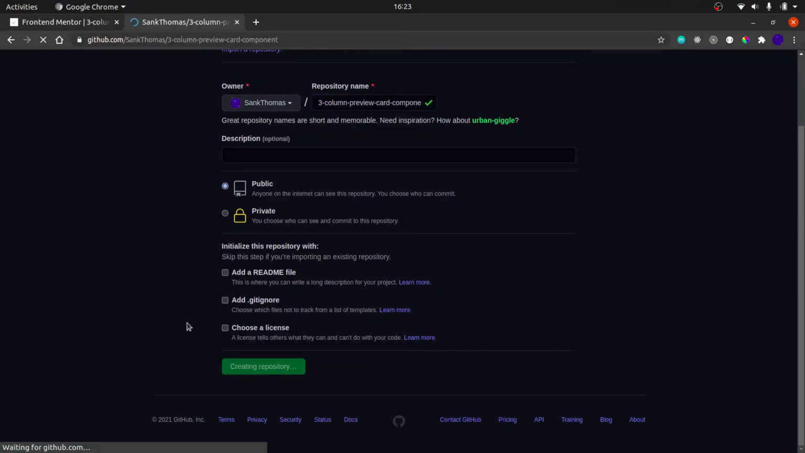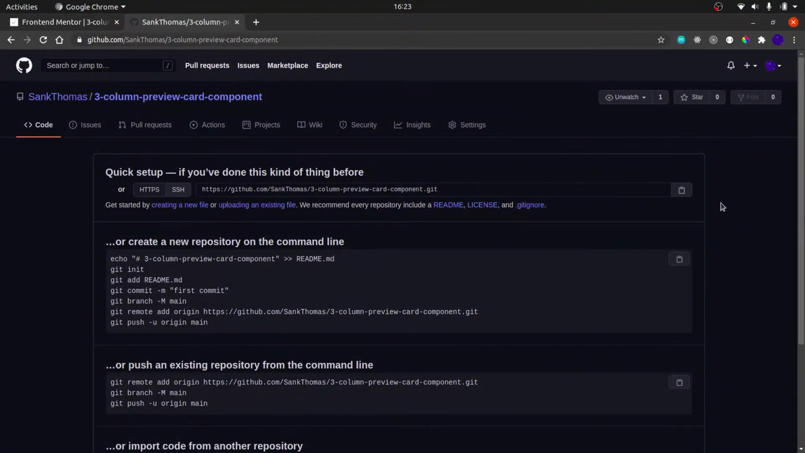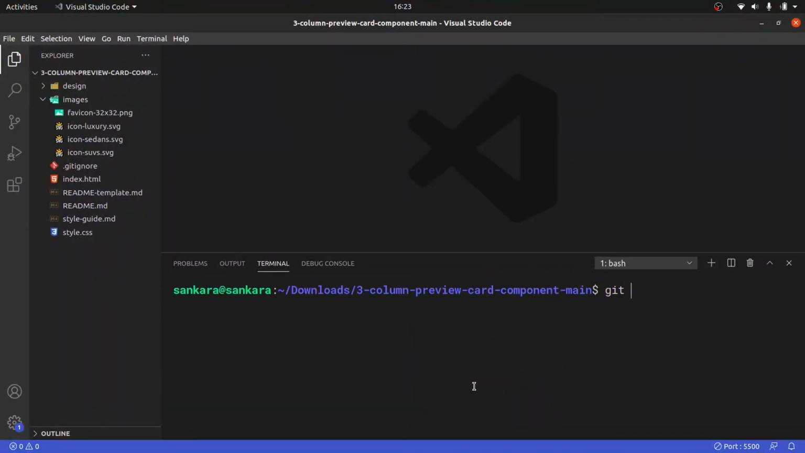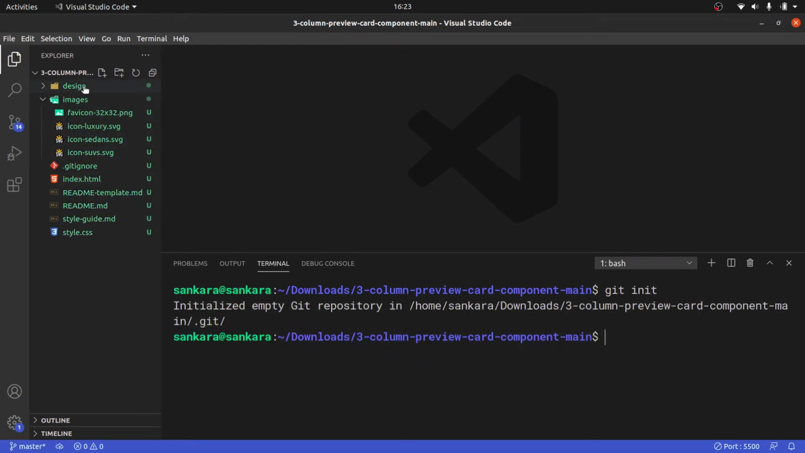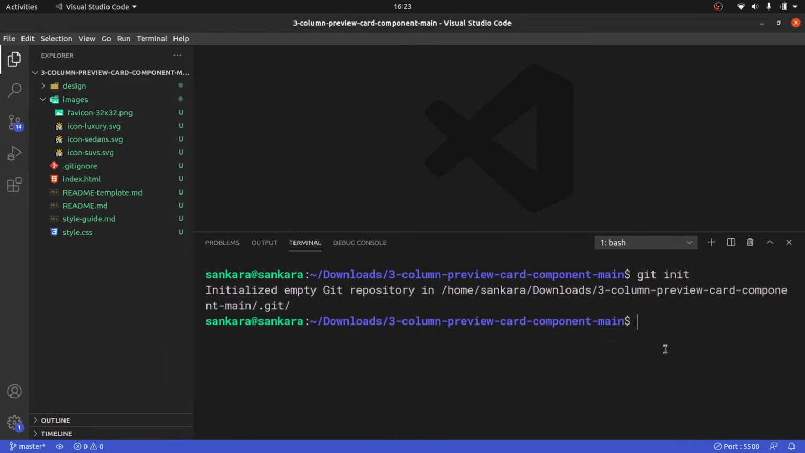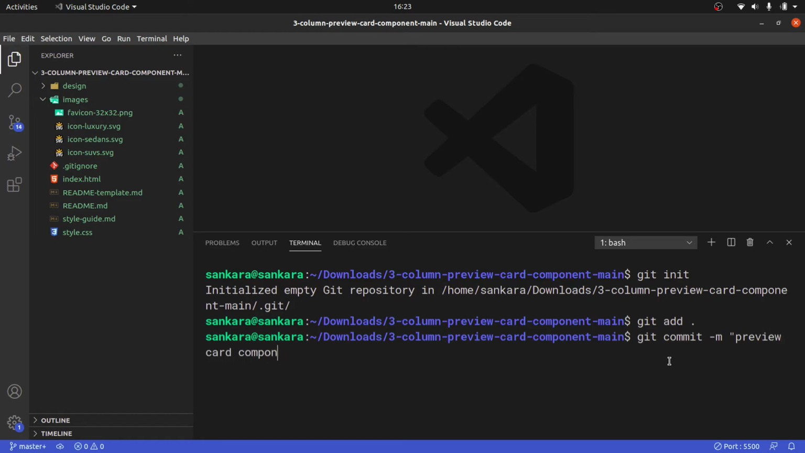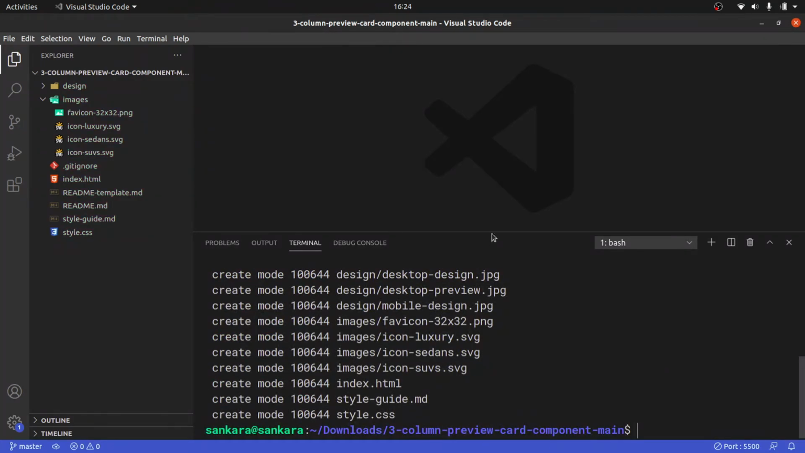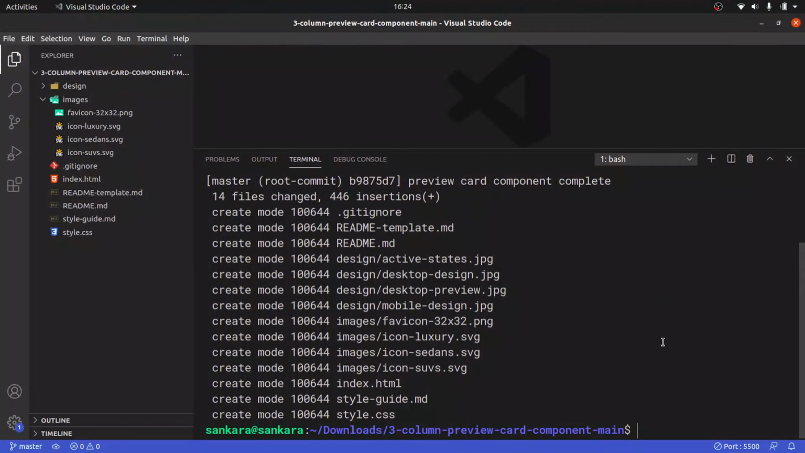So this link is also going to be in the description in case you want to look through the code. And then I'm going to copy this link that is provided to us, and I'm just going to say git init. First of all, you need to initialize an empty git repository, so that this will now become untracked git commits. And then I'm going to say git add all, and I'm going to say git commit -m, and I'm going to say preview card component complete, like so, which will now add everything to the staging area,